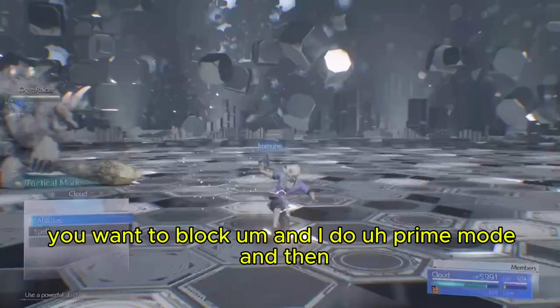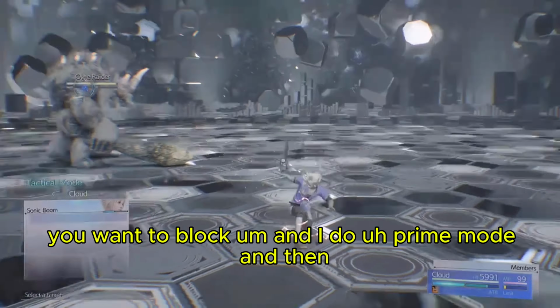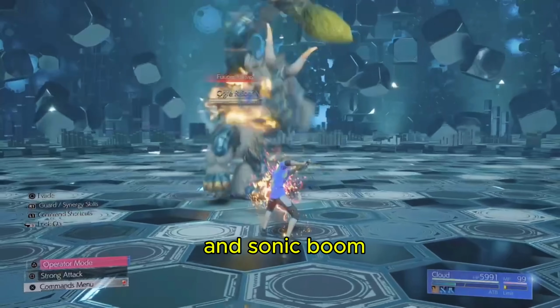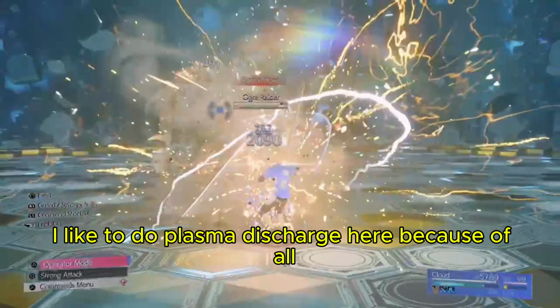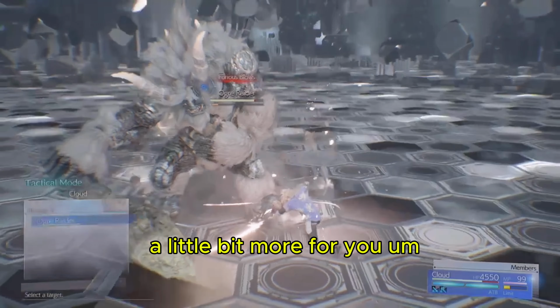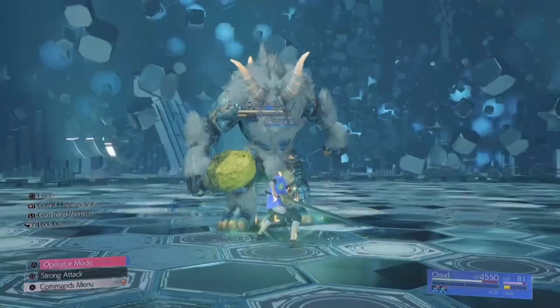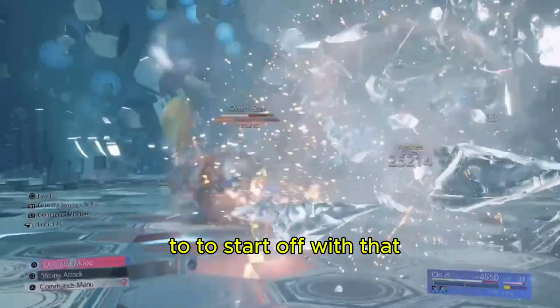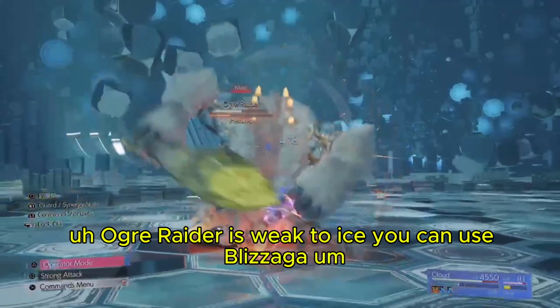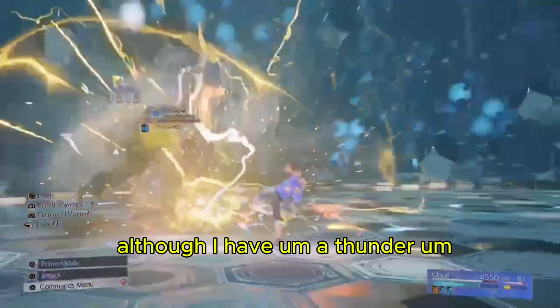And I do Prime mode and then Plasma Discharge. You can alternate between Plasma Discharge and Sonic Boom. I like to do Plasma Discharge here because of all of the counters. I think it does a little bit more for you. To start off with that, Ogre Raider is weak to ice. You can use Blizzaga. Although I have